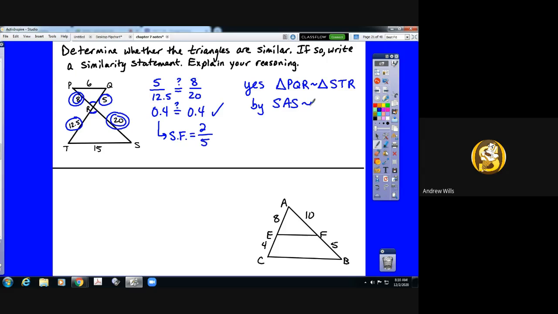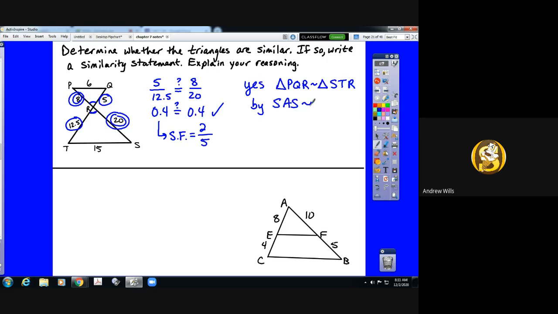Okay, we could even state the scale factor. Again, the scale factor would be 2 to 5, but that wasn't required in the directions, so it's not necessary here. The second problem on this page is a little bit harder because those triangles are nested. So you have to be very careful when you're doing this next problem. What we're looking at there,